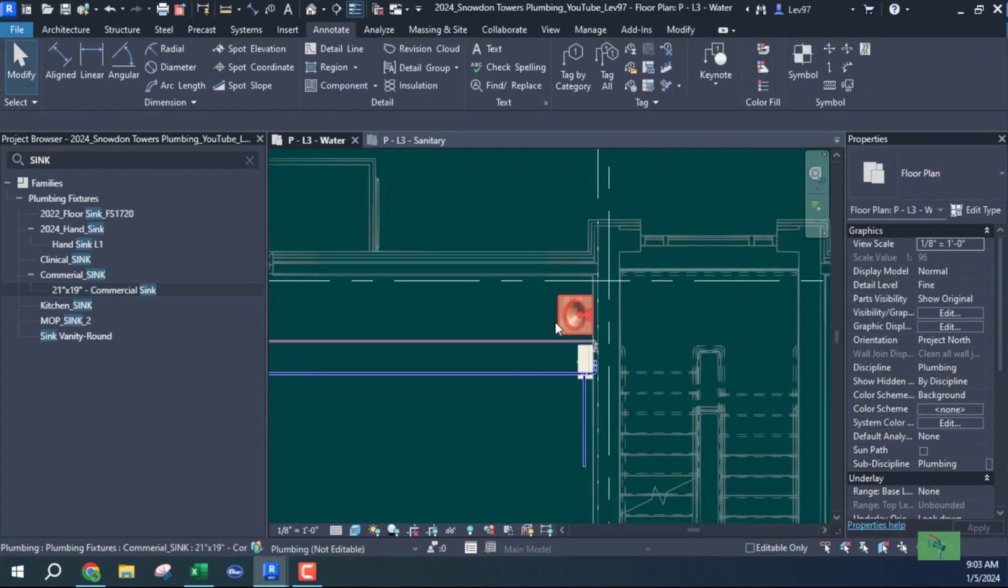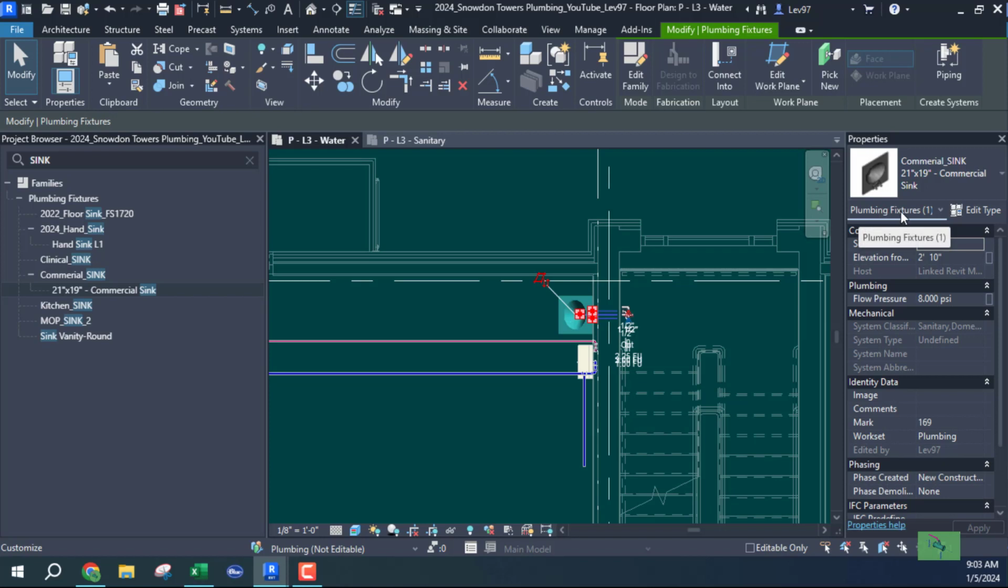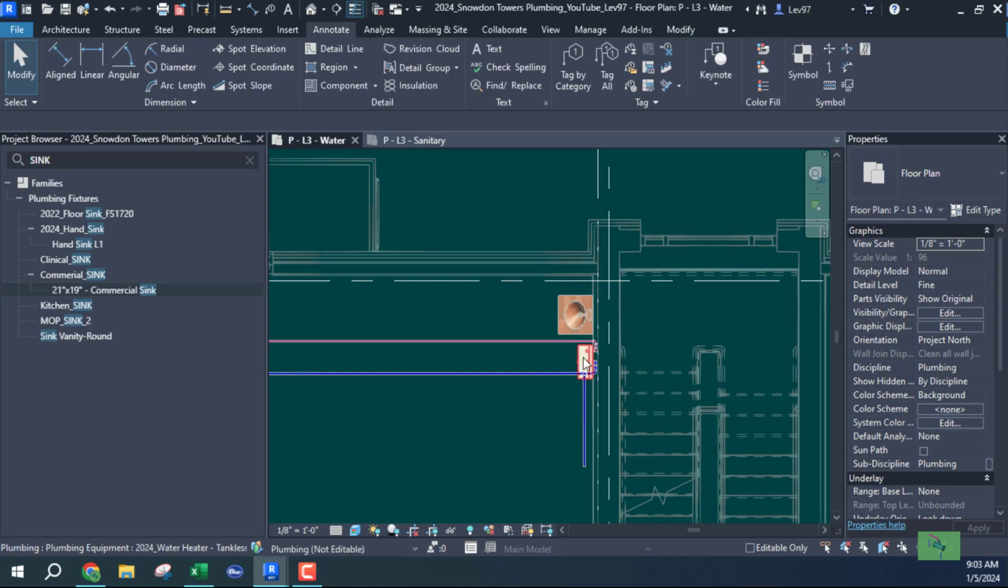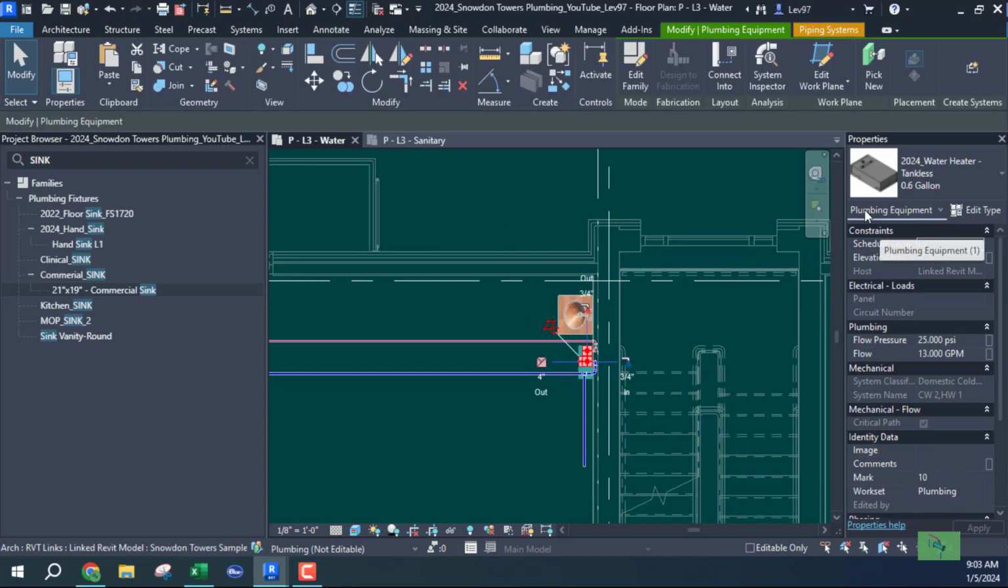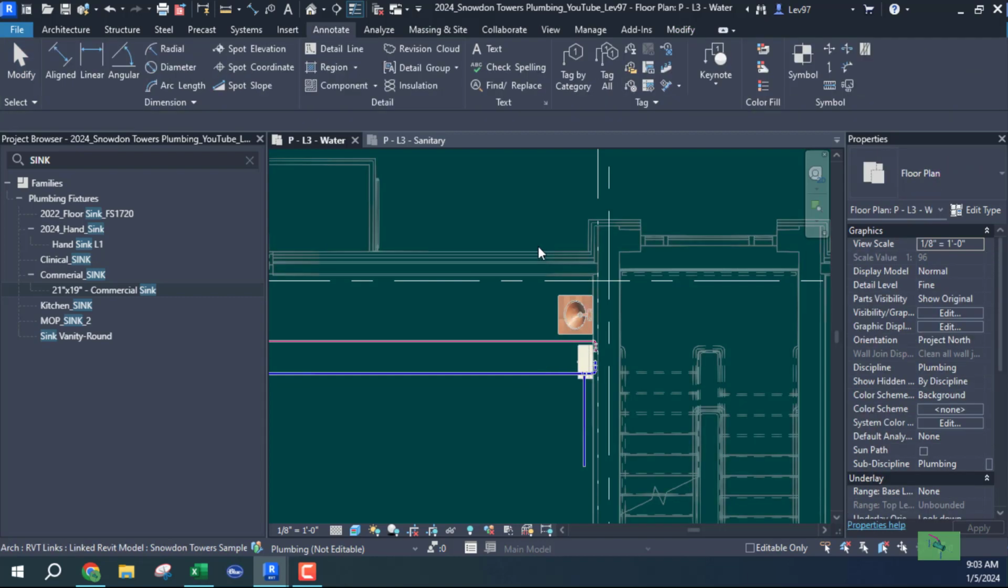You see, the difference is, one is a plumbing fixture. You see that? That properties. And the other one is the plumbing equipment. That's plumbing equipment. Okay, that's why it's not. They have two different tags. Now,